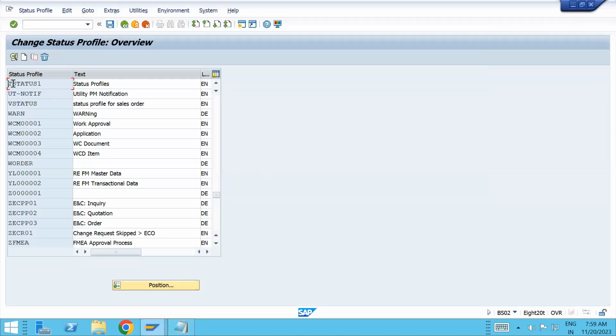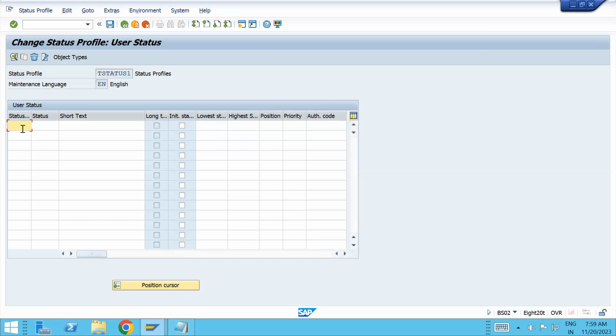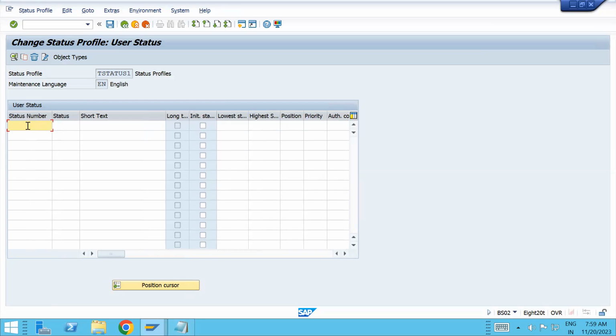So I have created my one. Now double click on this our status profile. This is what we have created now. So maintain status profile, status number, then